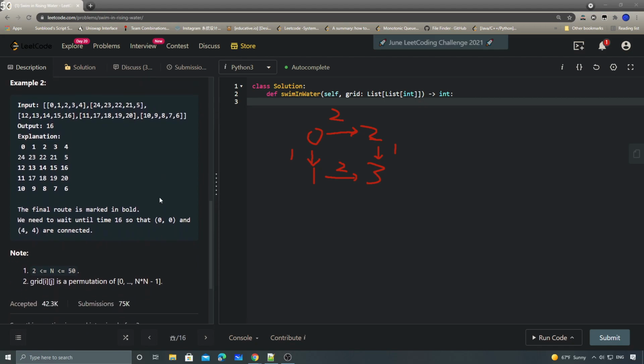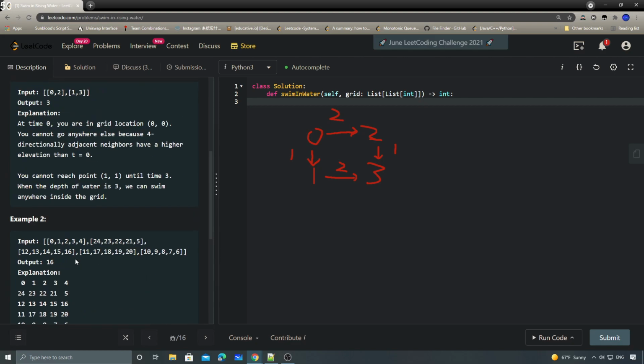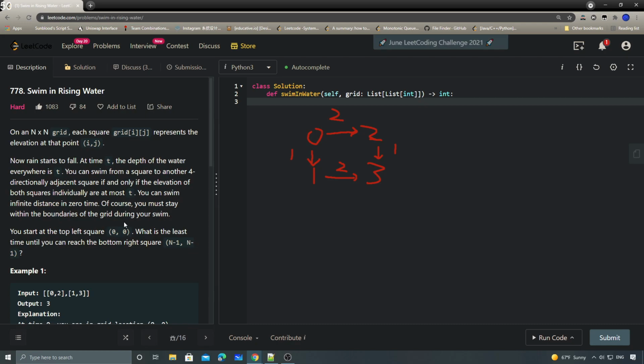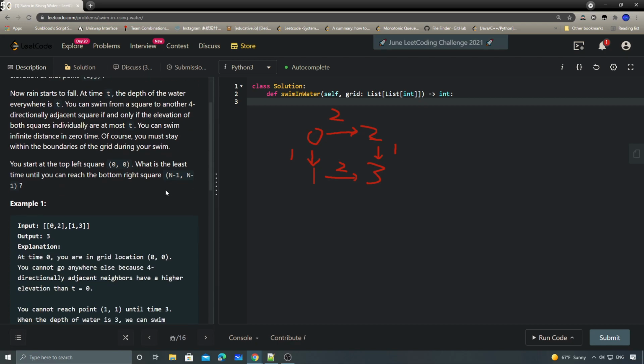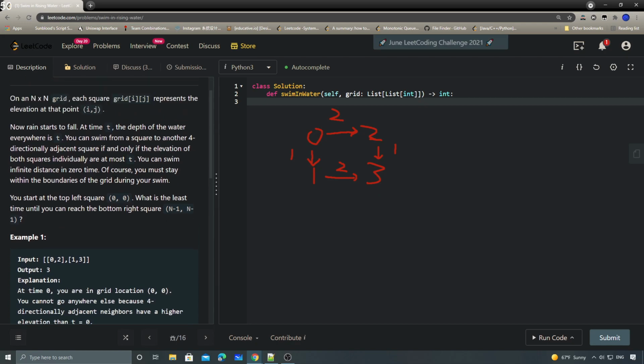And yeah, so that's it, right? I mean the range is 50 by 50. So obviously this one is a graph problem or a search problem. At the beginning, every time we see this kind of problem, where we're looking for the least or the minimum value in a graph problem,